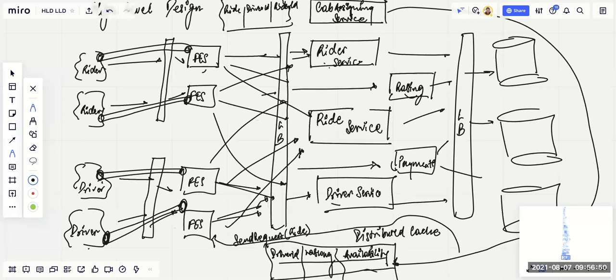One more question from my side. Go ahead. When you say rider service and payment service, there's a driver, many services are there. Now, are we maintaining a monolithic database, or are we maintaining a separate database for individual microservices? Say, for example, rider service would be just maintaining the rider related tables, and payment would be just maintaining those kinds of tables in a separate database.